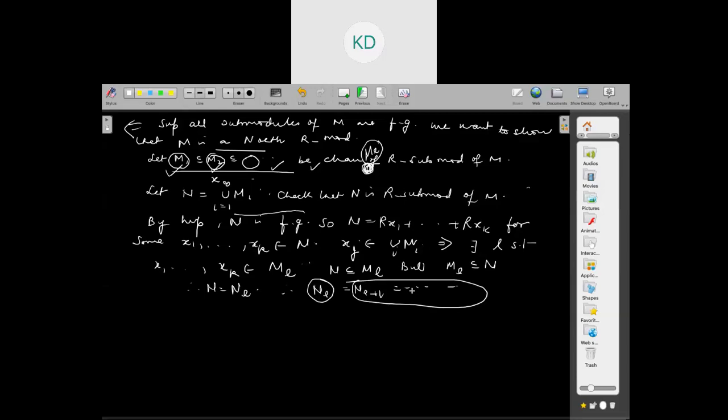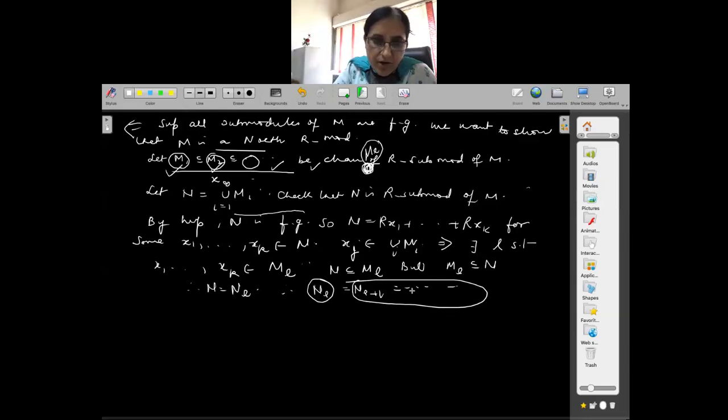Yes, ma'am. So this is a very basic result in Noetherian modules. Many a time, if you want to prove that a module is Noetherian, it is difficult to show that every ascending chain must stop. So several places you cannot use this definition.